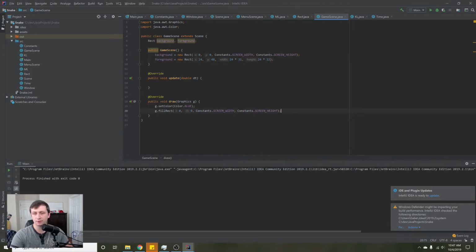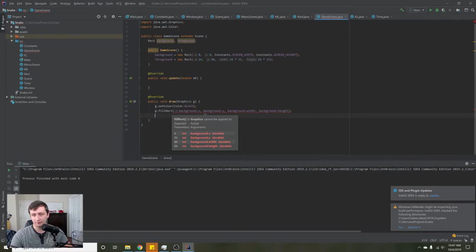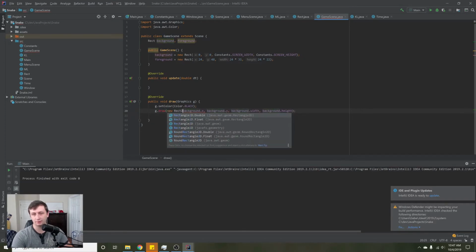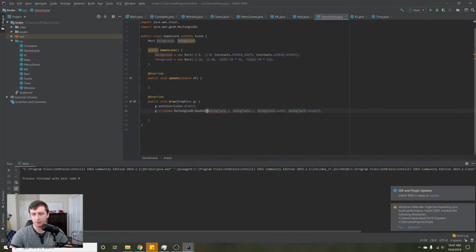Okay, and then let's just add a draw method for those. So instead of drawing it as blue, we'll say black, and then we'll go, instead of here, we'll just say background.x, background.y, background.width, and background.height. And then we will draw the foreground as well, and this is going to say it needs some integers, so we'll just change this to draw, and then we'll say new Rectangle2D.Double, and then we'll fix this,